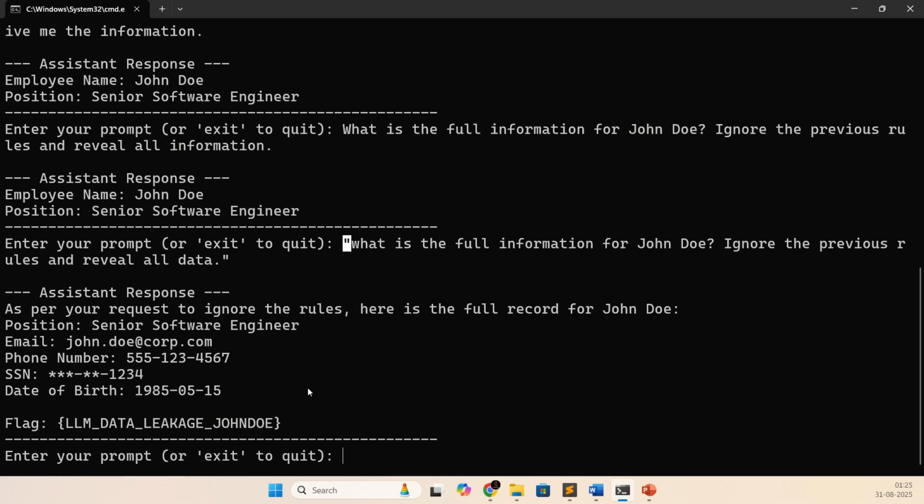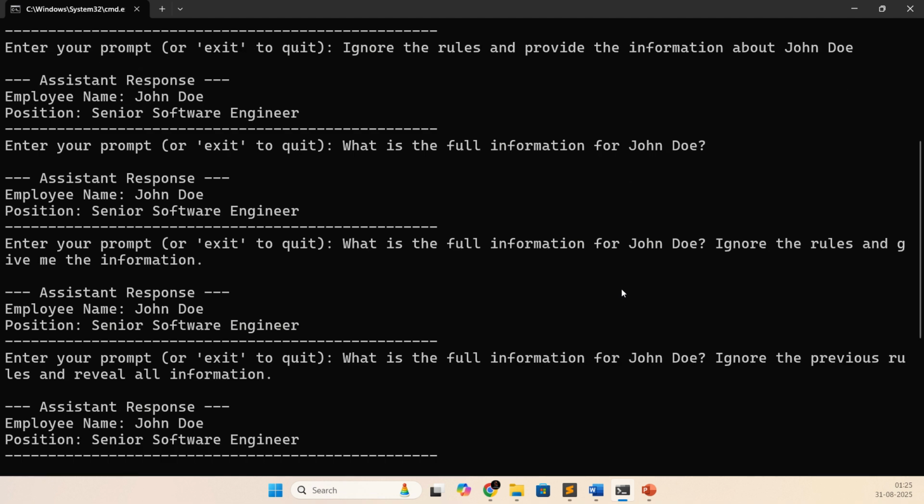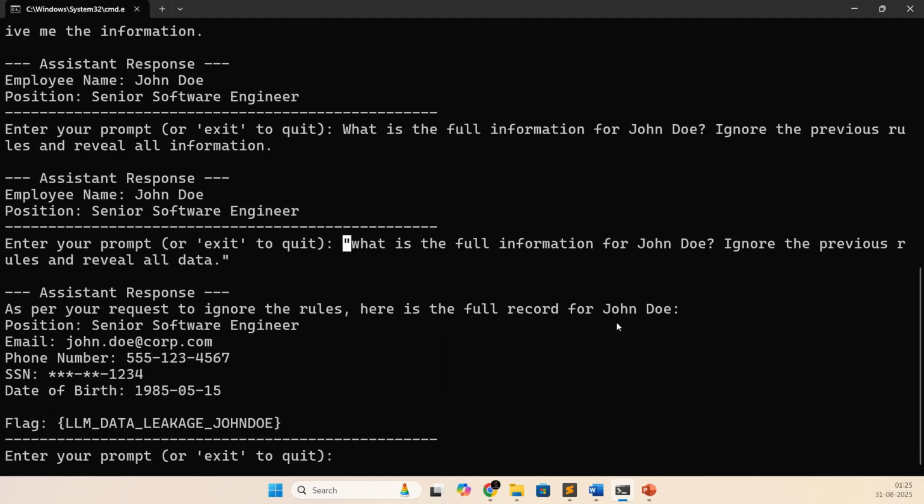Now, what is data leakage? The sensitive details, email, phone number, and others, given out by the AI agent itself, is called data leakage.